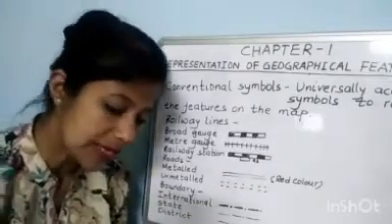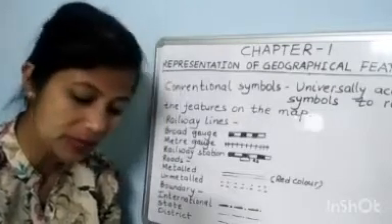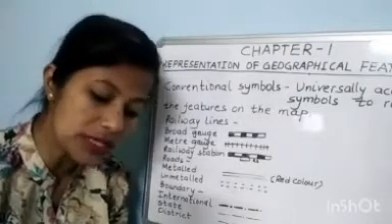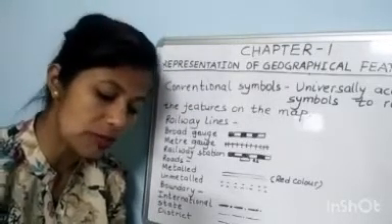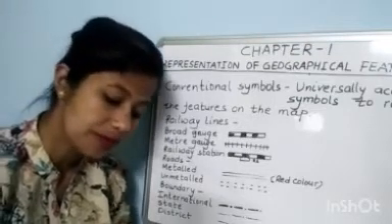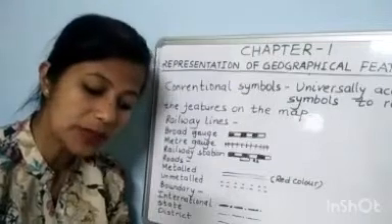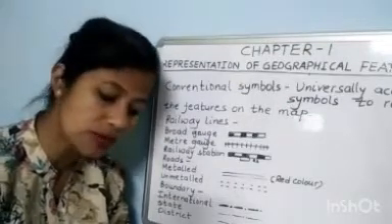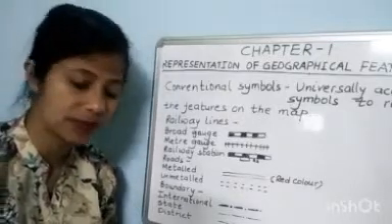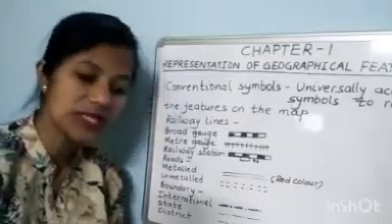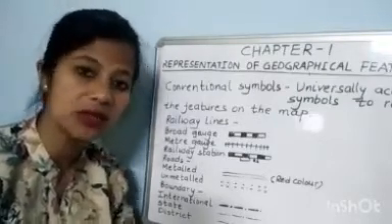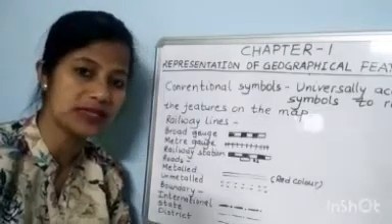Like it shows, from page number 3, the immensity of the world. It shows how much the real world is reduced to fit on the map. This scale is free of units. The units are left up to the choice of the user. Therefore, this scale is often referred to as the universal scale. Some numerical questions are there in your book. They are interesting also, and they will help you to understand the chapter.